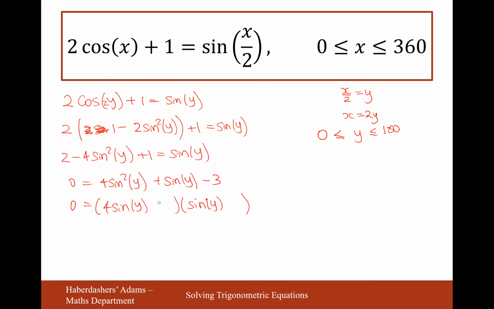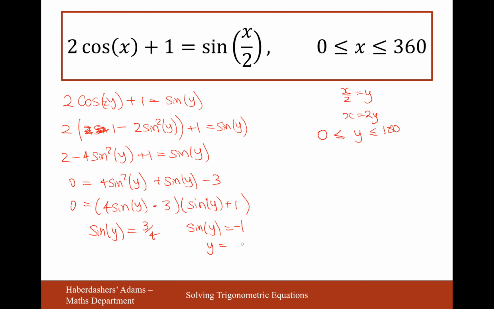And if we do plus 1 over this side and minus 3 over this side, minus 3 sine y plus 4 sine y to give us the sine y in the middle there. Lovely. So we've got sine y